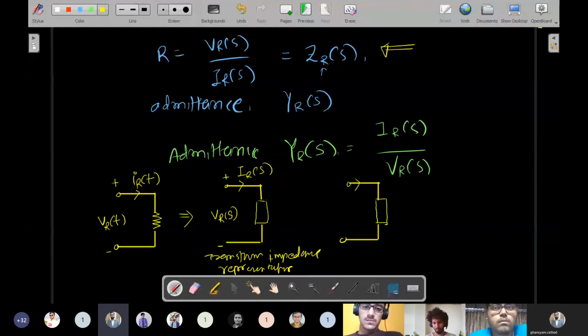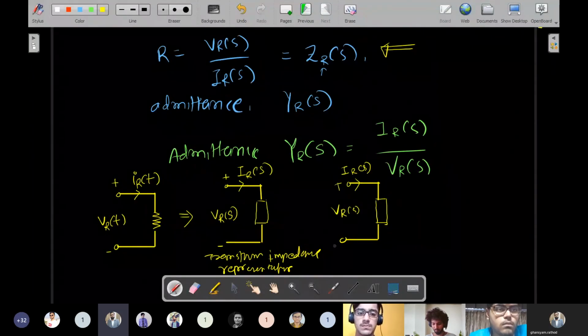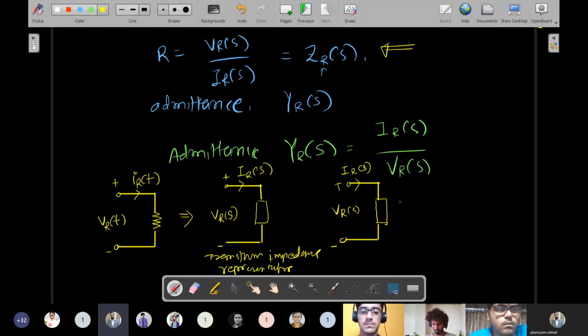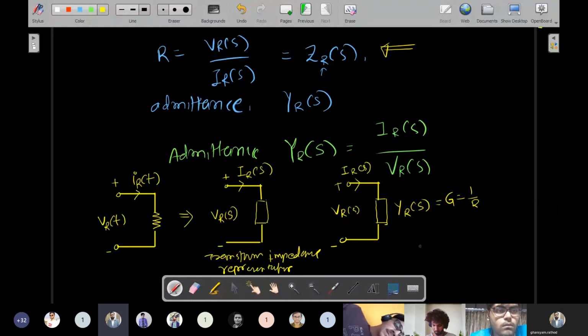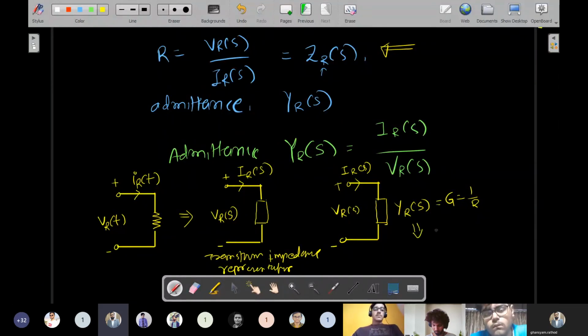So that can be written as IR of S, VR of S, this is plus, this is minus, and that can be written as YR of S, that we know is conductance, or here it is written in admittance, that is G. Conductance is written as G, and that is equal to 1 upon R. In our case, this YR of S is nothing but 1 upon ZR of S, the inverse of impedance. So this is how we can convert,